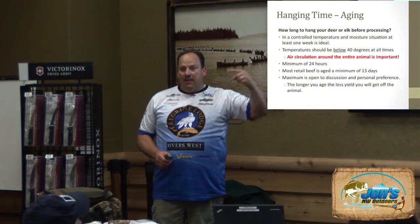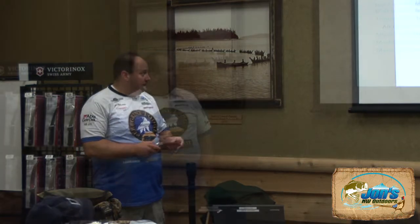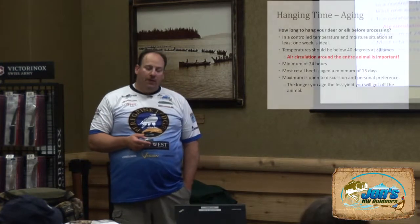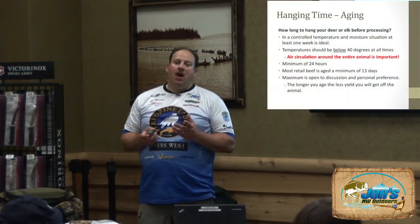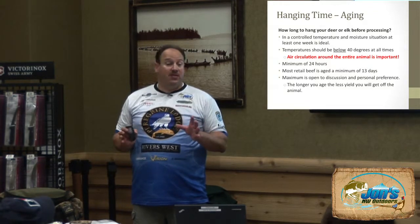If you got a two-hour hike back to the truck, there and back, that 2 hours hanging is vital in getting that temperature to drop on that animal. So make sure you're conscientious to that. The minimum of 24 hours. The reason why you want at least 24 hours, if at all possible, and there's sometimes where it's just not